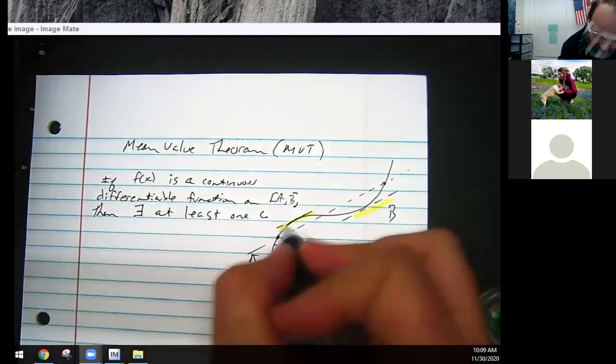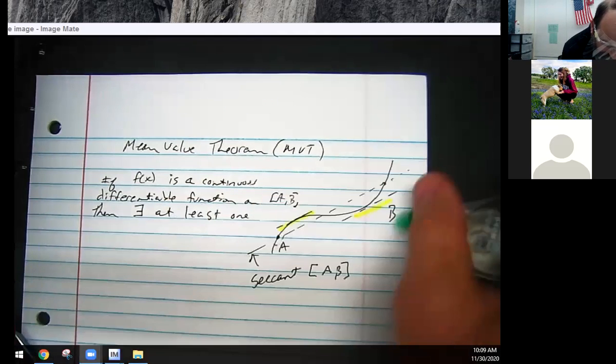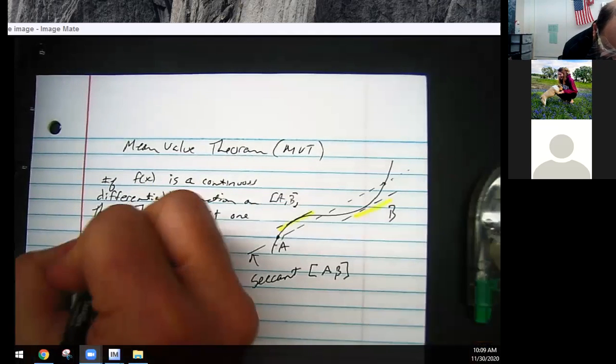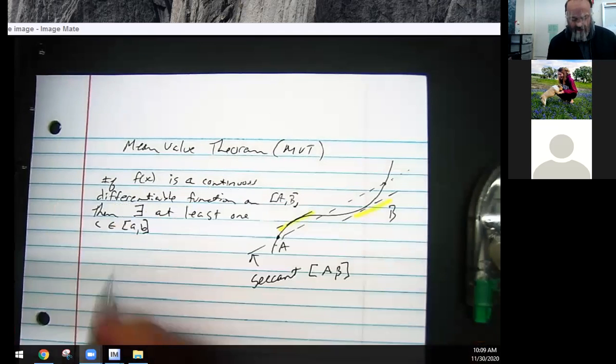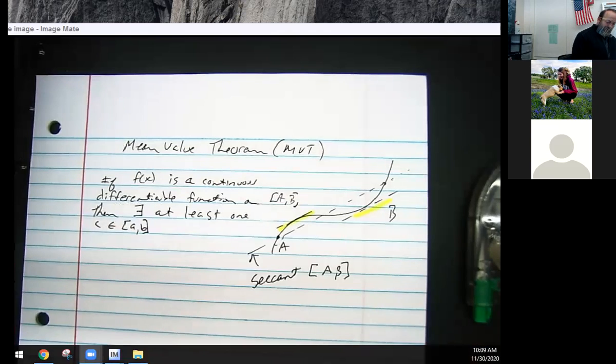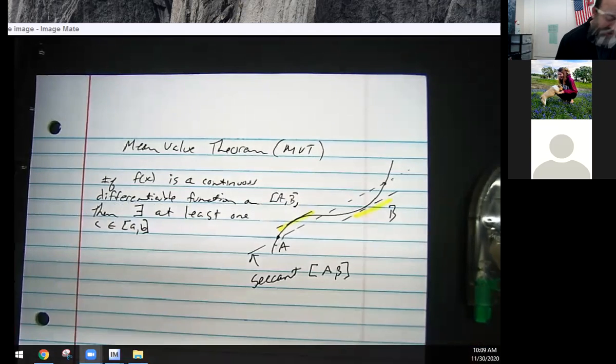I should write that underneath so you can see a little bit better. C is an element of (A, B). So there's some value in between A and B. C is some element of that set A to B, such that